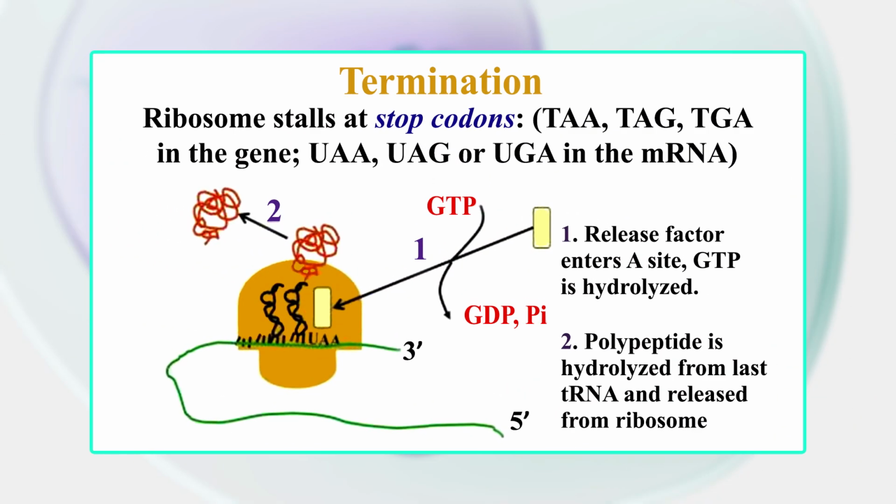After the new amino acid is added to the chain and after the tRNA is released out of the ribosome and into the cytosol, the energy provided by the hydrolysis of GTP bound to the translocase EF, that is elongation factor G in case of the bacteria, and elongation factor 2 in eukaryotes and archaea, moves the ribosome down one codon towards the 3' end.